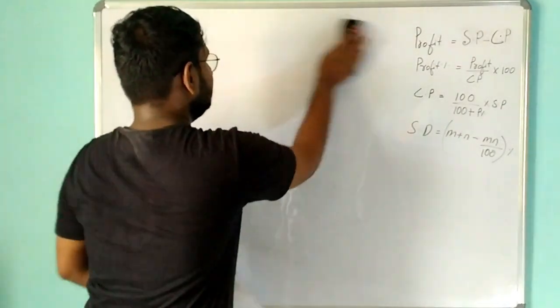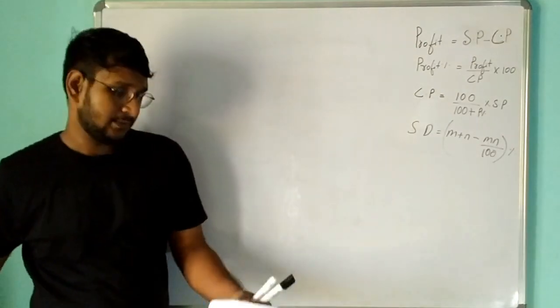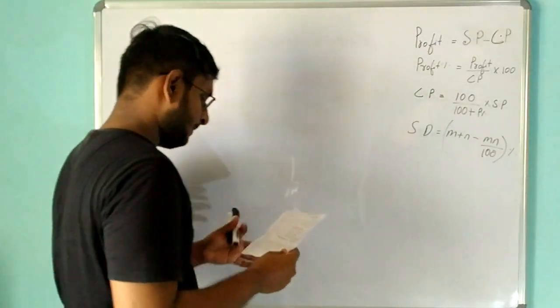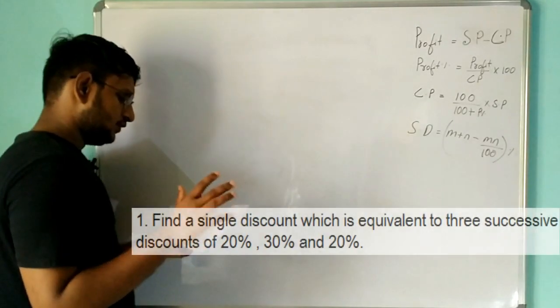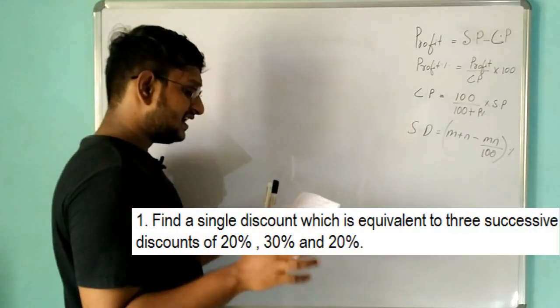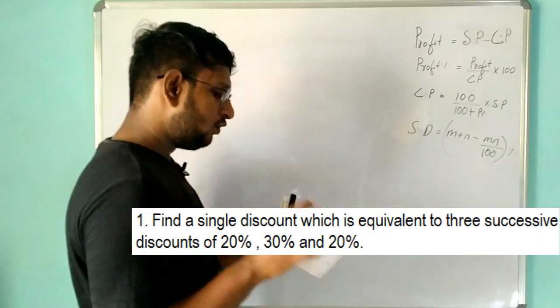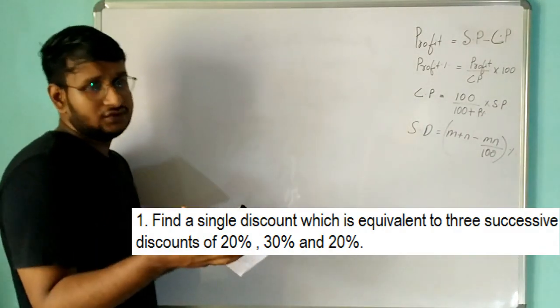So I will give another example sum, so you can get what a successive discount actually is. Okay, so in this problem they have said: find the single discount which is equivalent to 3 successive discounts